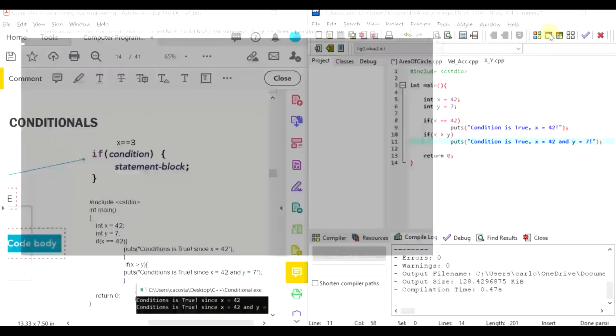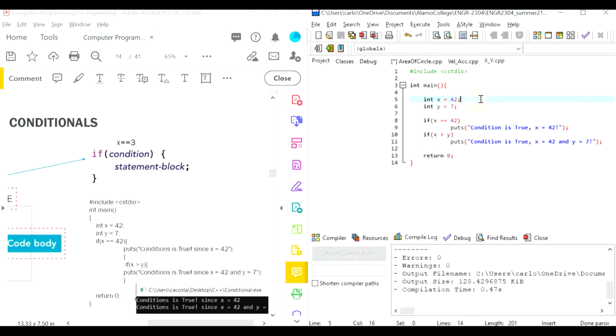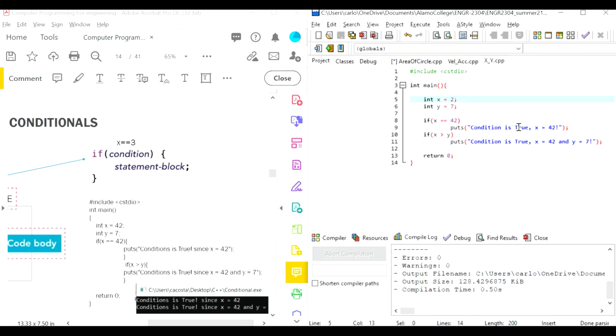No errors. Yes, condition is true. 42, condition is true. 7. But if I were to put x equals 2, then nothing would happen because I don't have any else statement. This is a very simple example of how to use